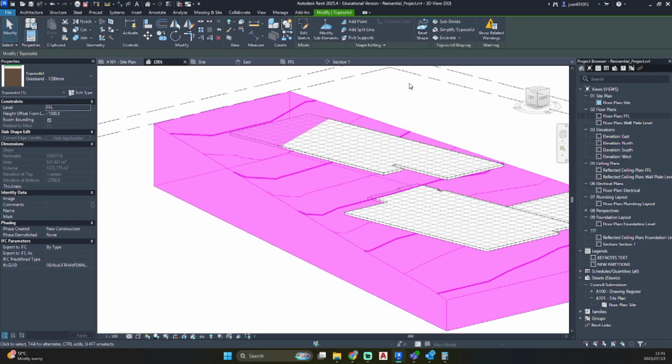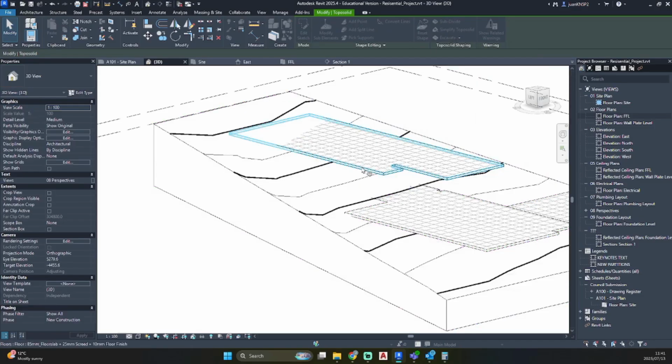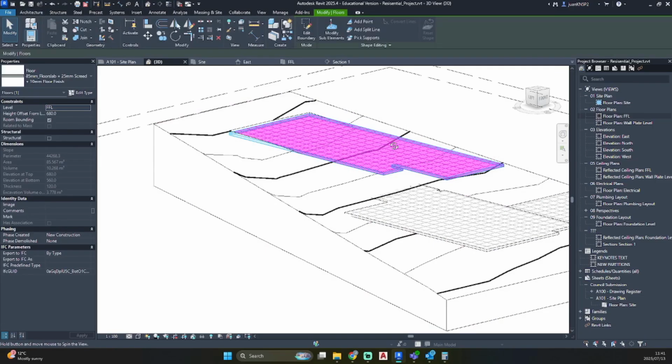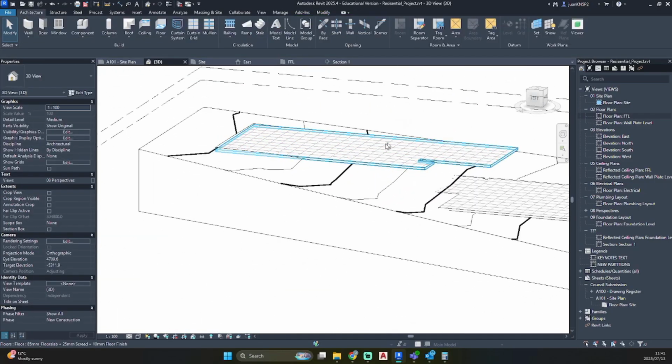Once you've clicked on your site, you'll see in the top ribbon, you are now where we modified our sub elements. So if you click on excavate and then click on your floor slab, you'll see that part has been excavated to accommodate our floor slab.